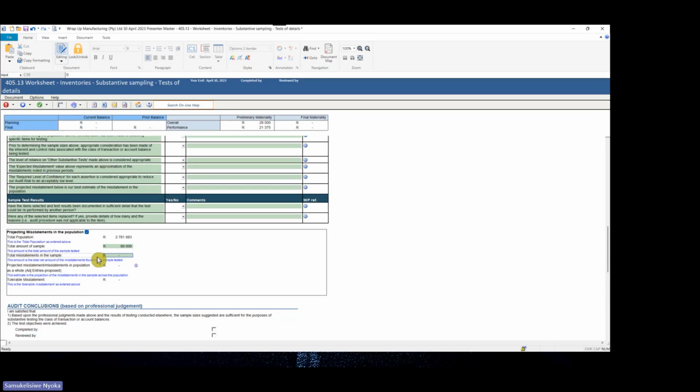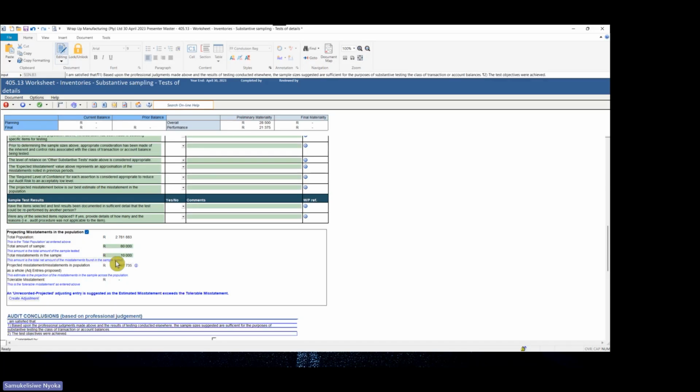Then the total misstatements in the sample, what's the misstatement for the sample? Let's say it's only 10,000. What this does then, it has a formula that will automatically calculate to project this misstatement to the population. So we are saying that from the work that we did in this sample, we then conclude that in the population of 2,781,347 is a misstatement,